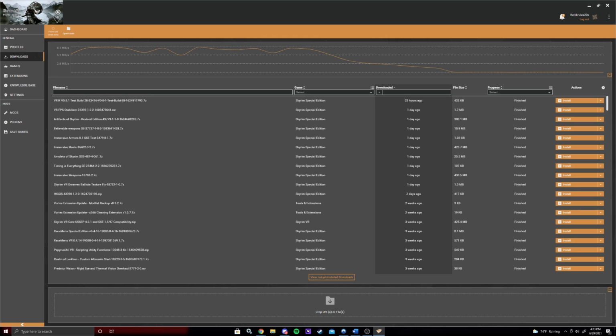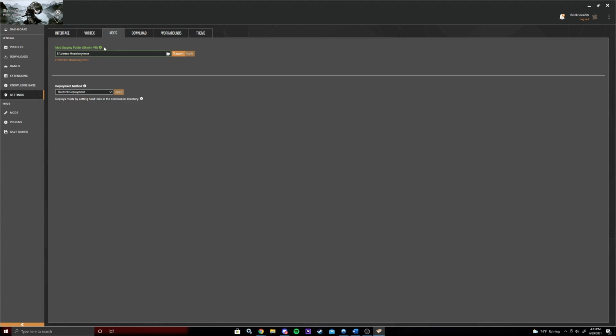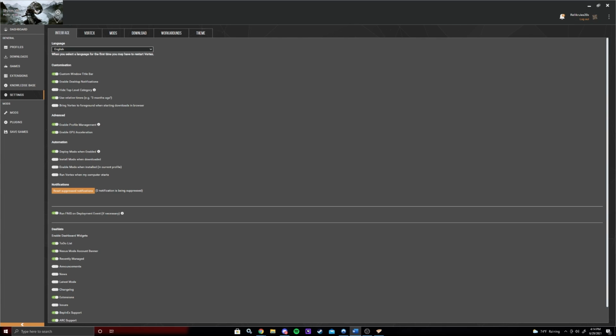First and foremost, before downloading the two mods, make sure your Vortex mod directory and your Vortex download directory are easily accessible. So go to settings, go to mods, and make sure this is where you want it, as well as your downloads. For SKSEVR, the script extender is crucial to your modding for many mods that you will encounter and